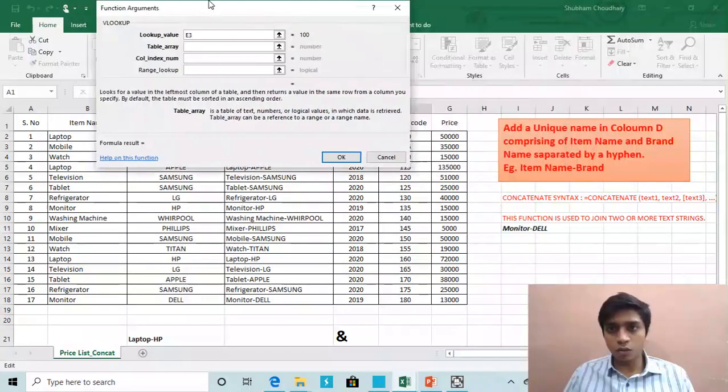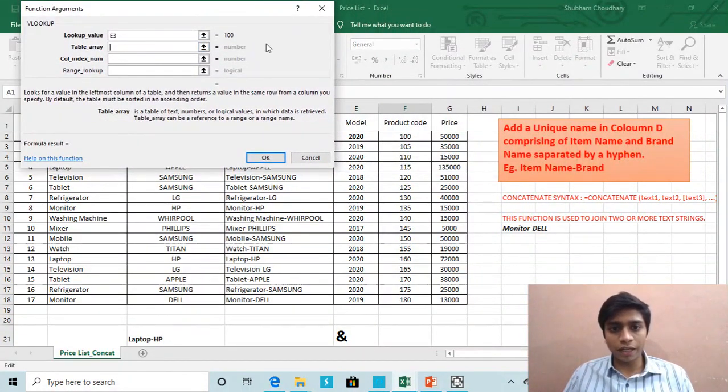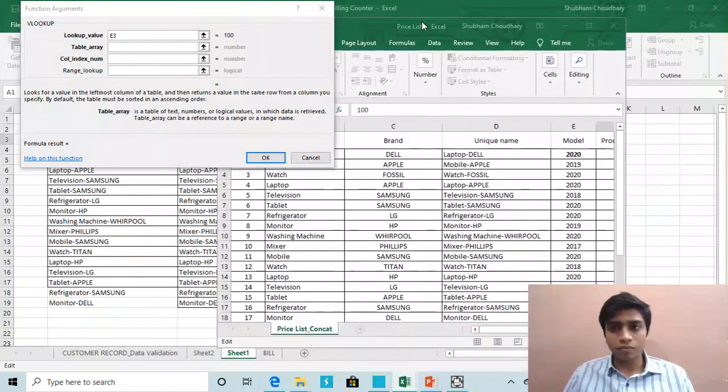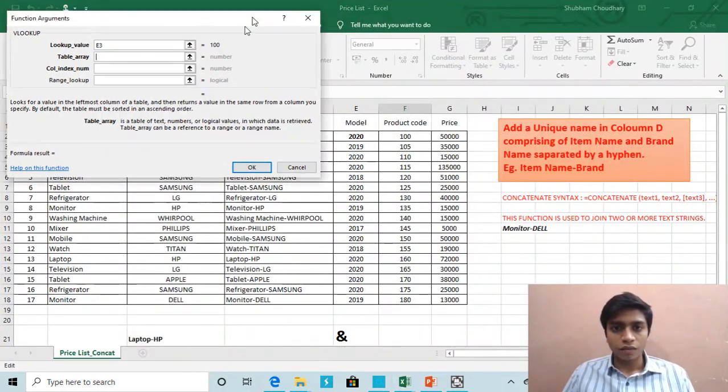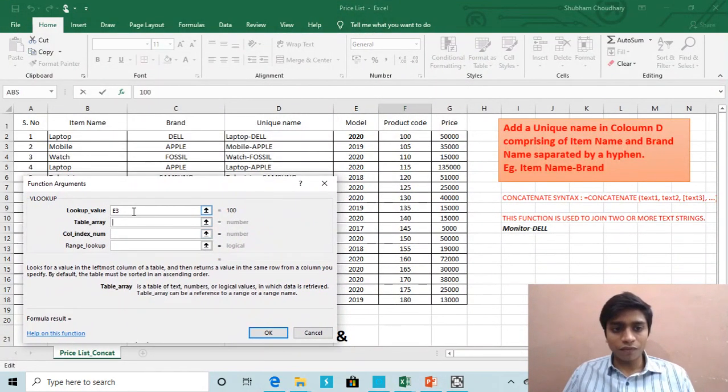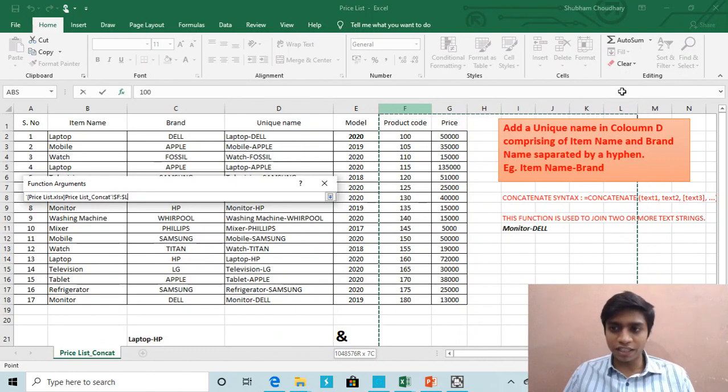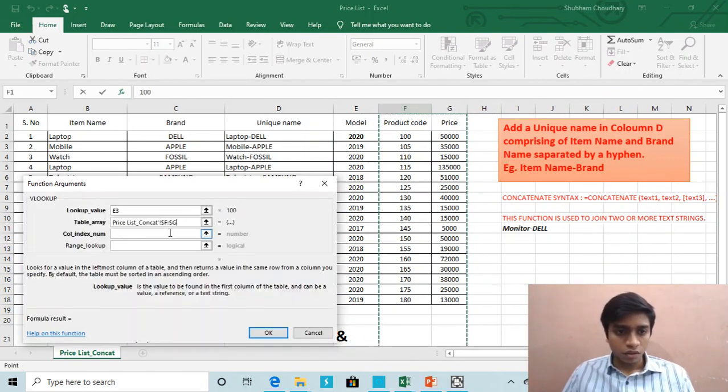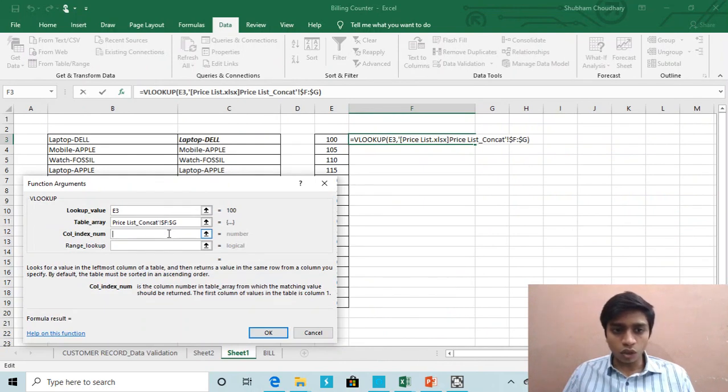Now the first column cannot be the unique name, because whatever we have in the lookup value must be in the first column. So my table array has to be F and G, or anything I can take further. So now what is my column index number? I want to get the price list.